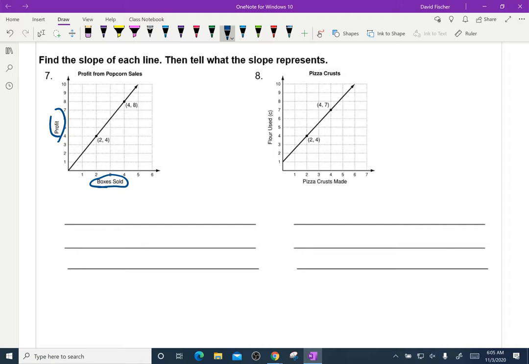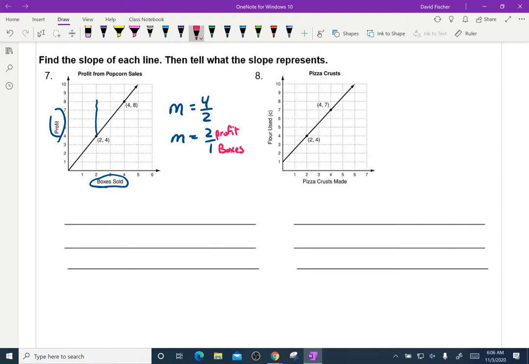Okay, so here's what I'm looking for on this one. I want to use the graph on this one to find the slope because it's nice and easy. So it looks like we're going up by 1, 2, 3, 4. I went up 4 and I went over 1, 2, which is the same as 2 over 1. Now I'm going to assign my labels. Again, the numerator is my y, so this is my profit, probably in dollars, and then this is my boxes